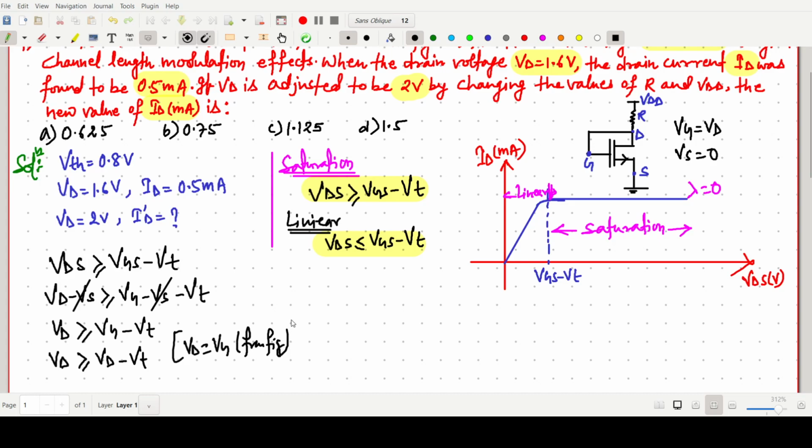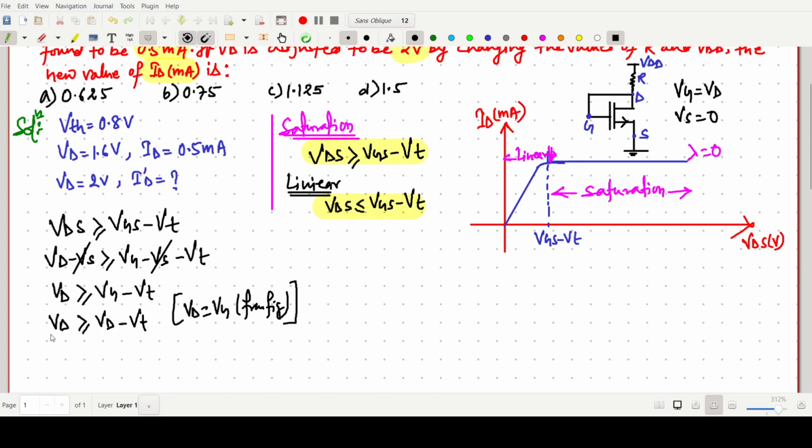So what we finally observe is that if VD is, suppose, 5, then 5 minus 0.8 volt will always be greater. So this one is the correct case, and no need to go for the saturation and linear assumption. So the transistor is in the saturation mode. If this type of thing is there, a diode connected device,